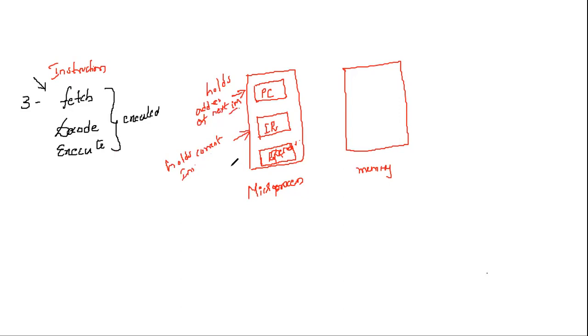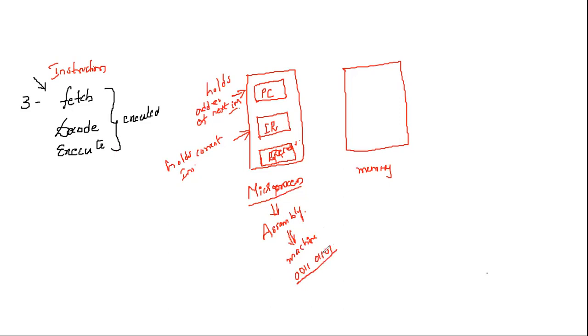Decoder, why? Because when we talk about the microprocessor, we write all the programs in assembly language. But our computer does not understand assembly language. This assembly language has to be converted into machine language, which is understandable by the computer. What is machine language? 001 011, like this, binary language is the machine language understandable by the computer.